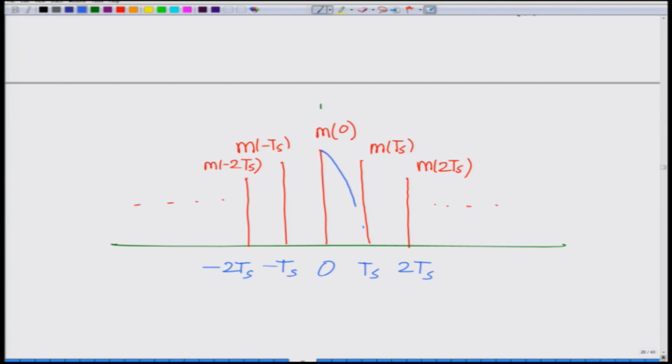So, what you are getting is the sinc which is like this, that is, the zeros are at the various samples. And then you are taking a second sinc, scaling by m of Ts, and the zeros of this sinc will again be at